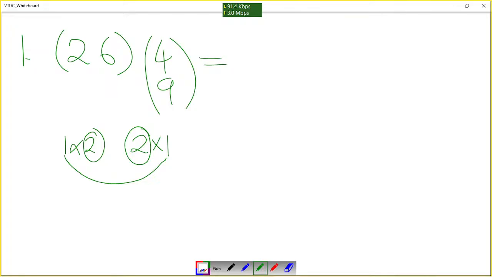So how do we go about it? We open a bracket, then we open a smaller bracket, then we multiply this 2 by this 4, which will give us